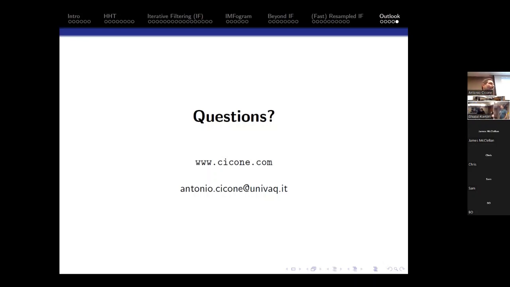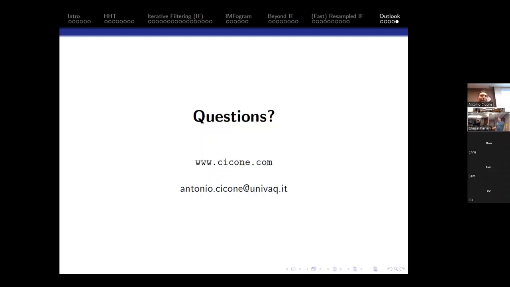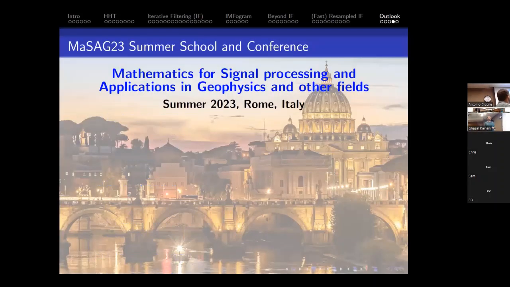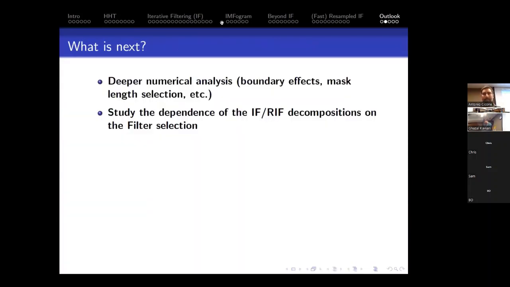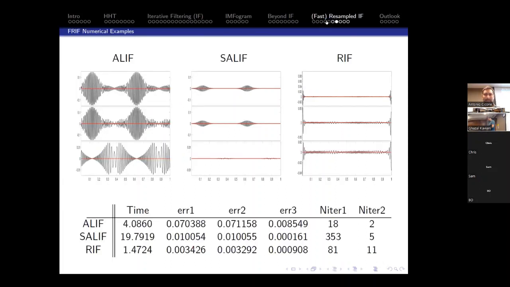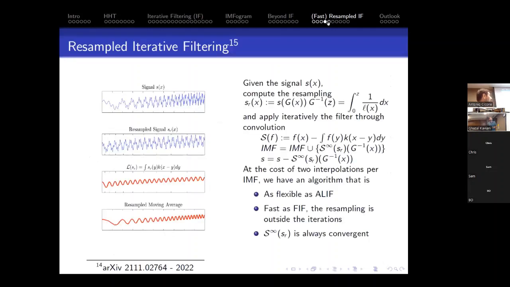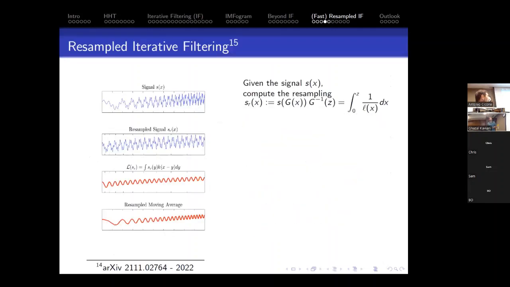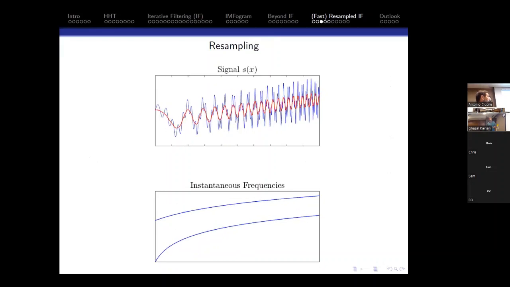It's usually the way that we ask the present audience to ask any question they have, and then proceed to the online audience. So, does anyone have any question? Can you go through the intuition for the resampled ALIVE? Yeah, so you want me to go back to the slide? Yes. Sure, which one? Let me go here. So this one here. On the previous, you mentioned the intuition to this.